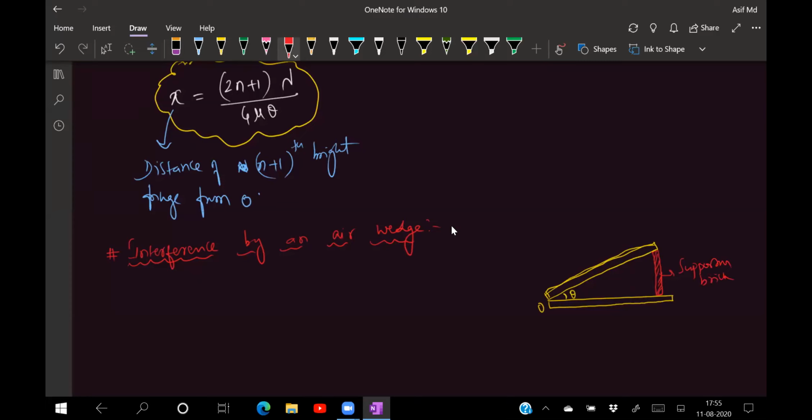Okay, now see again the same condition, a ray of light is being incident normally on this one. So this is the ray of light which is being incident. When it is incident, you know that this ray of light on the first surface, it will go and reflect from the lower surface like this. So this is a reflected ray from the lower surface having a path difference of lambda by 2.